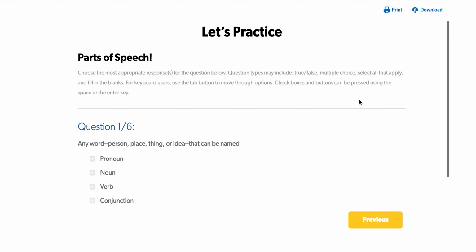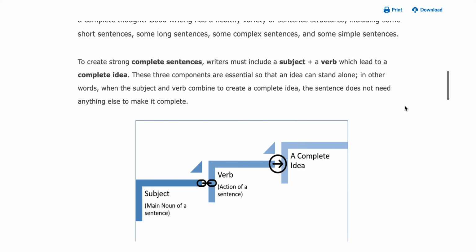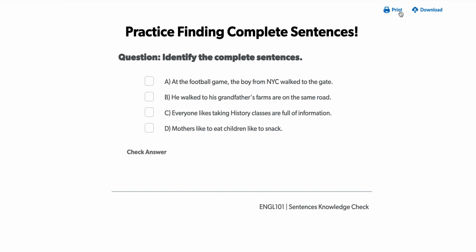Now, this is not graded, but it is some practice to help you with some of the future quizzes. And let's see. Oh, note that complete sentences have a subject and a verb. The way you pick up on fragments, though, is if you read the sentence out loud to yourself, and if it makes sense, if it feels like it's a complete thought, most of the time it is. If you read it out loud and it sounds incomplete, most of the time it will be a fragment. So that's the best way to test, is if you read it out loud to yourself. All right, so make sure to take this practice